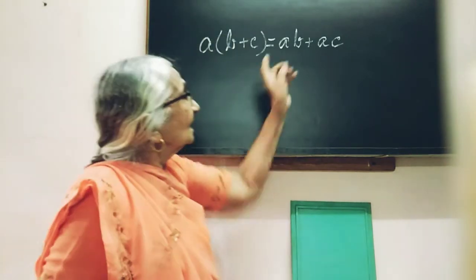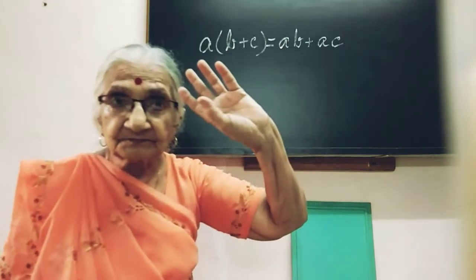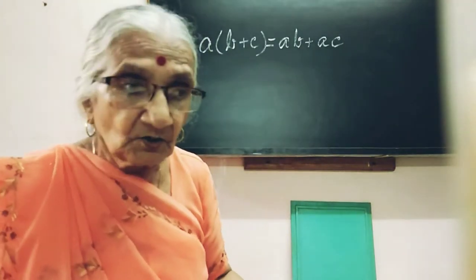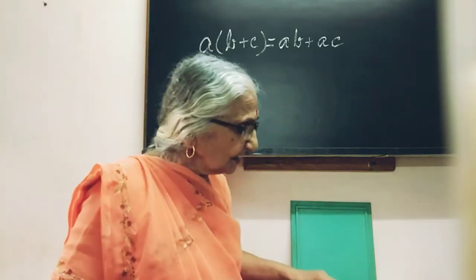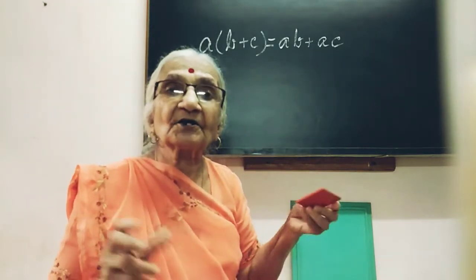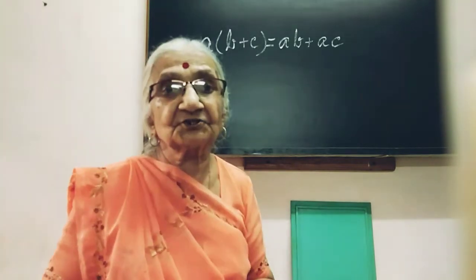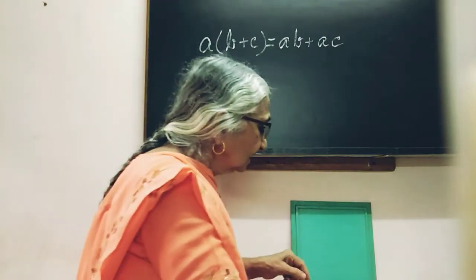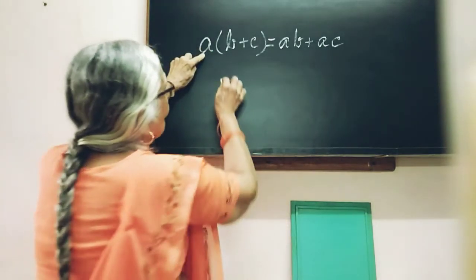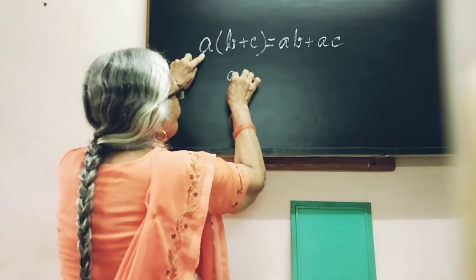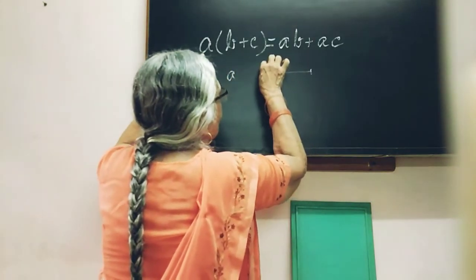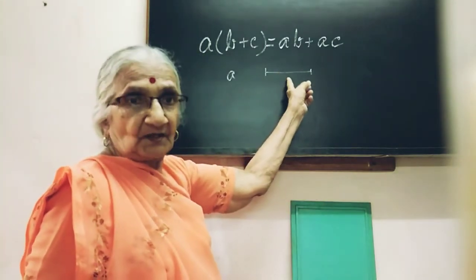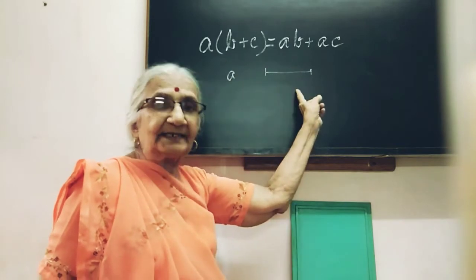Now, what are A, B, C? They are real numbers. How shall we convert them into our models? Well, our models will be geometrical models consisting of rectangles or triangles, geometrical shapes. How shall we do that? Here we have a number A. We shall denote it by the line segment whose length is A. So a number in algebra will be denoted by a line segment in our model.